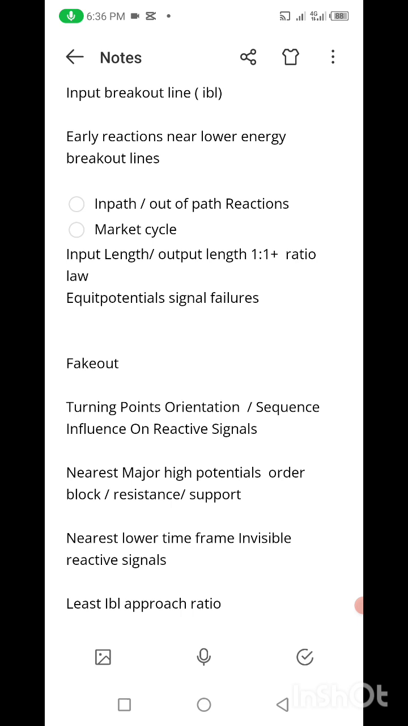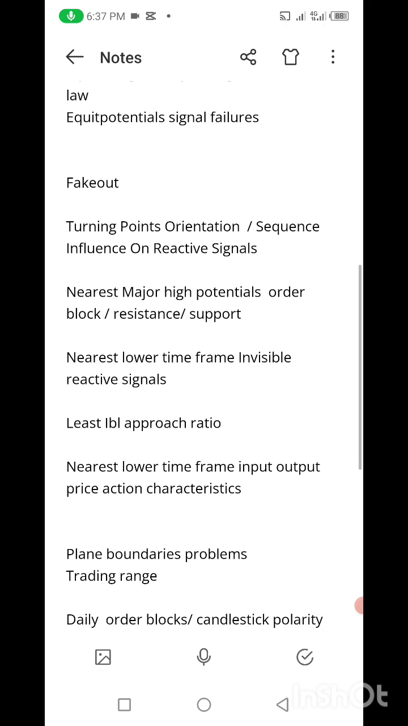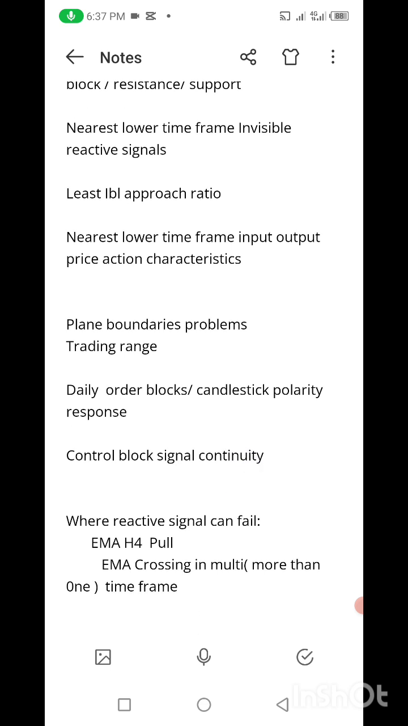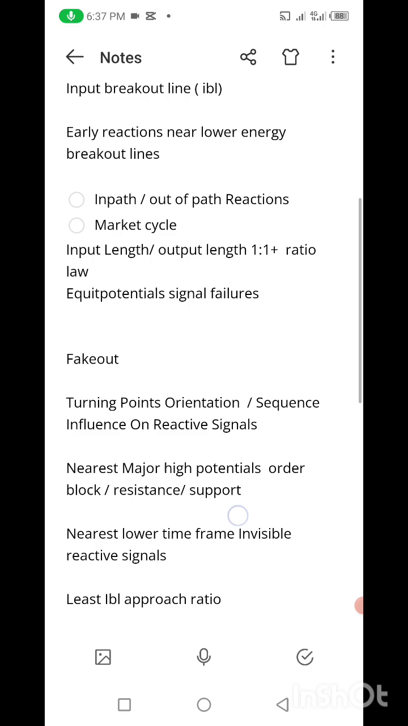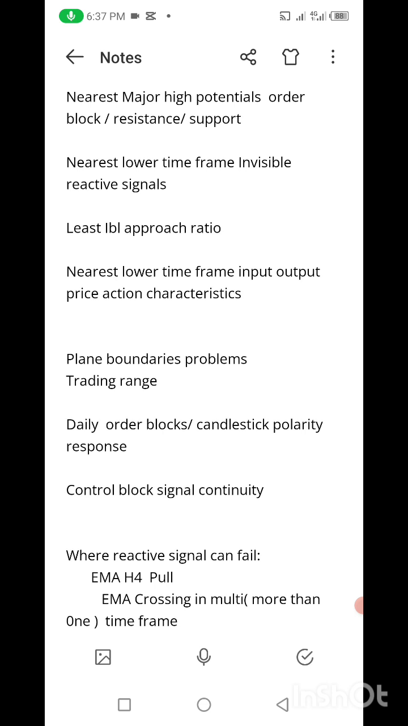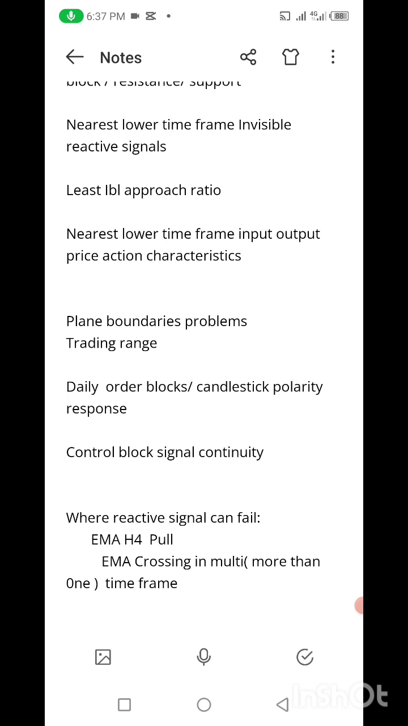orientation of sequence, influence of reactive turning points, orientation of sequence influence on reactive signals, nearest major high potentials, order block, resistance or support, nearest lower time frame invisible reactive signals, least IBL approach ratio, that is least input breakout line, input breakout level, IBL or line, input breakout line ratio, nearest lower time frame input output price action characteristics, plain boundaries